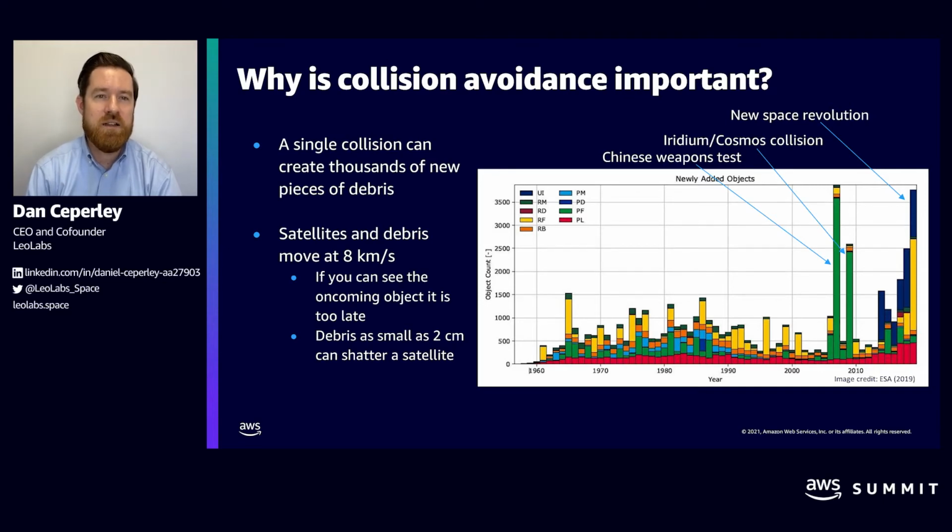So when we talk about collision avoidance, we actually talk about predicting up to 7 days into the future to let a satellite operator know that there's going to be a risky close approach. To put it in another context, we're basically predicting hundreds of laps around the Earth into the future to let people know that there's going to be a narrow miss or a potential collision between two objects.